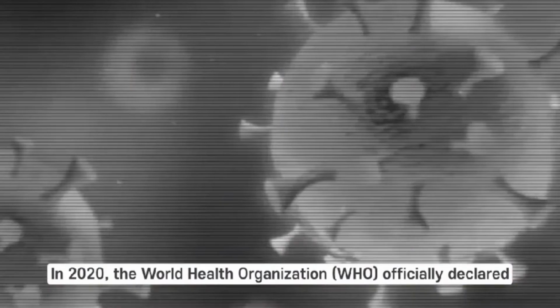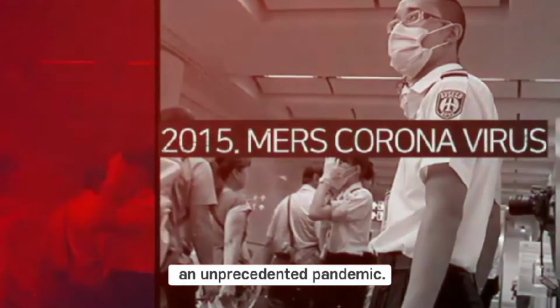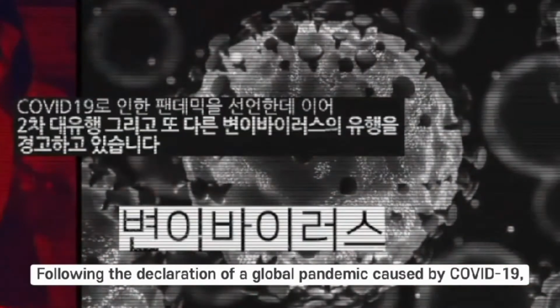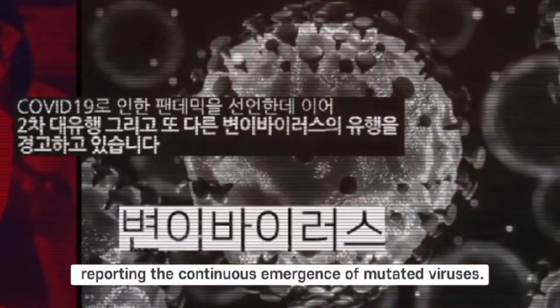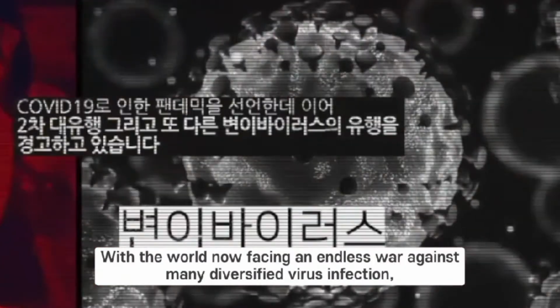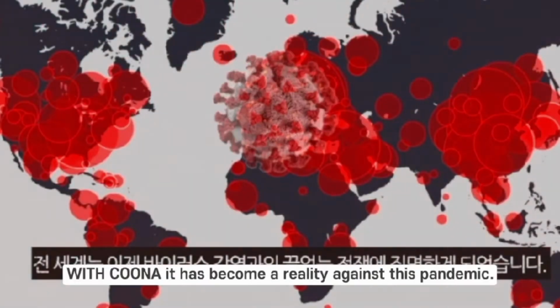In 2020, the World Health Organization officially declared an unprecedented pandemic, following the declaration of a global pandemic caused by COVID-19. A second pandemic has begun, reporting the continuous emergence of mutated viruses. With the world now facing an endless war against many diversified virus infections, with corona it has become a reality